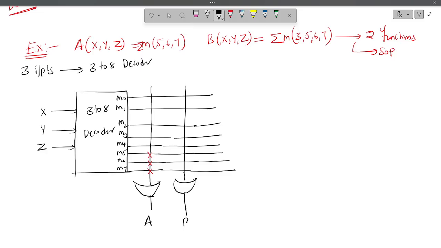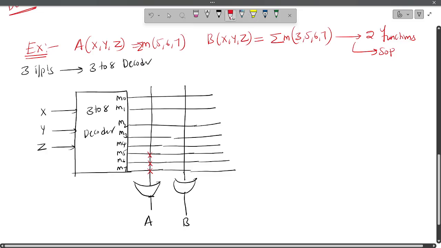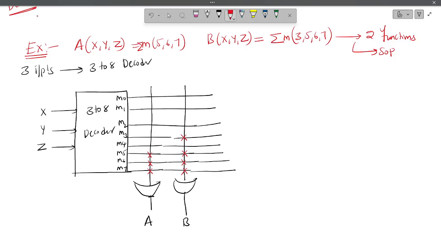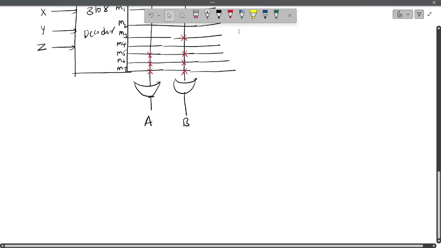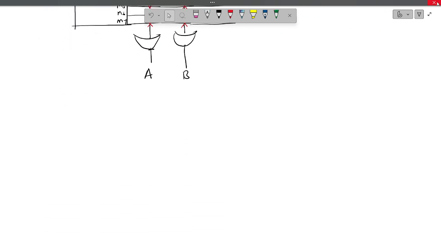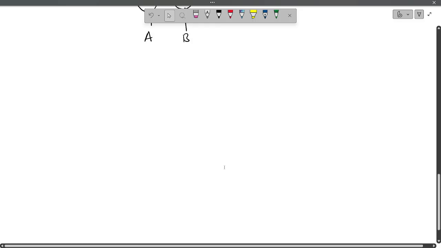And next here you have the B function. So this is the B function, and what are the minterms? M3, M5, M6, and M7. So like this, you need to design the PROM. Did you understand? Okay. So next we'll see